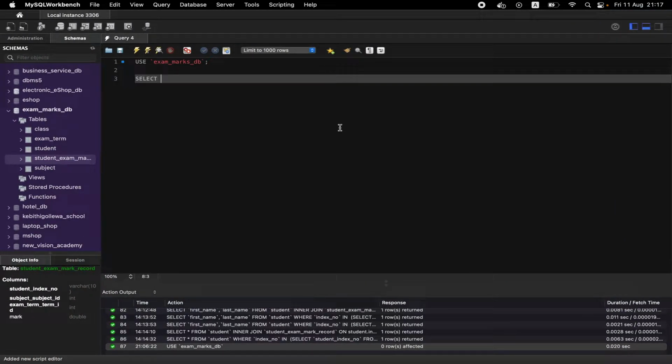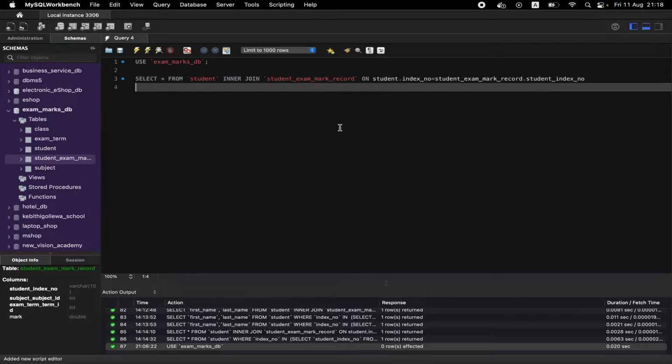So in here, inside the exam marks database, select everything from student table inner join student exam mark record on student.index number equal student index number, another inner join to get the subject on student exam mark record subject ID equals subject table subject ID,